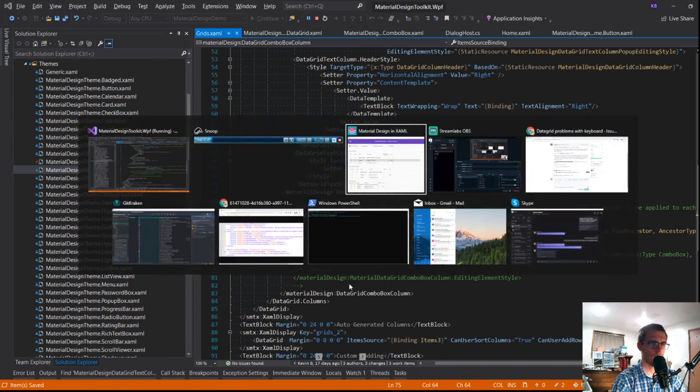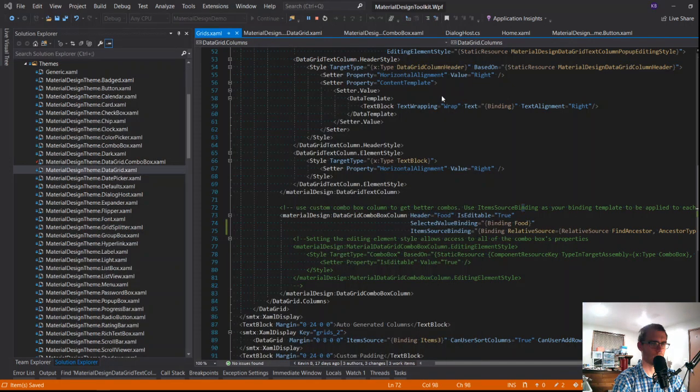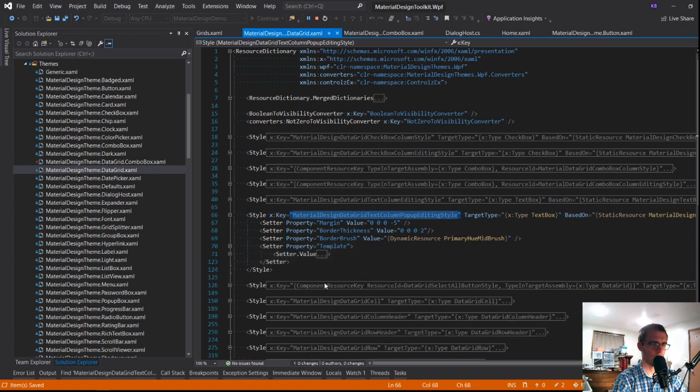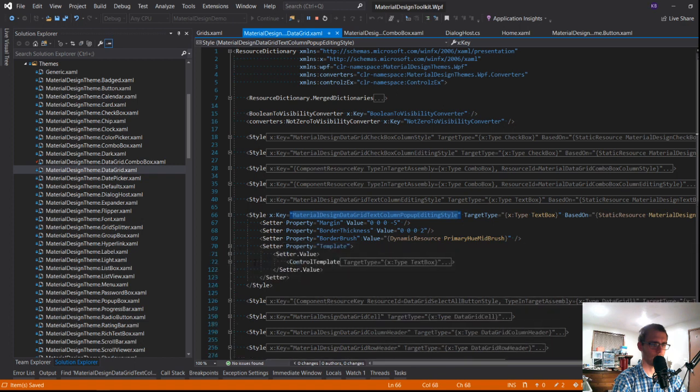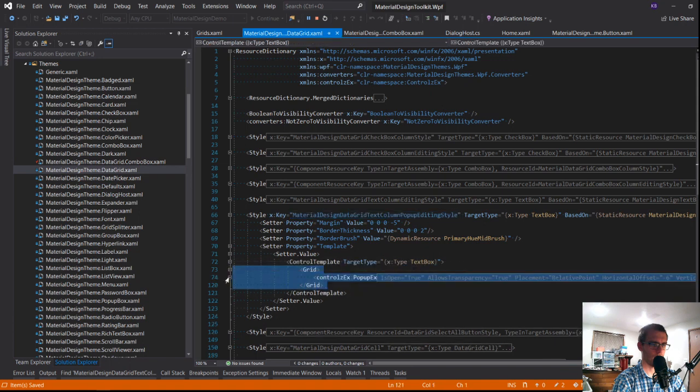So that doesn't really help me, but it does make me want to look at this template a little bit closer. So that's fine. Pop-up control.